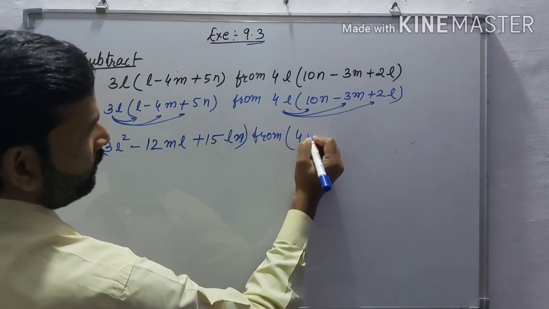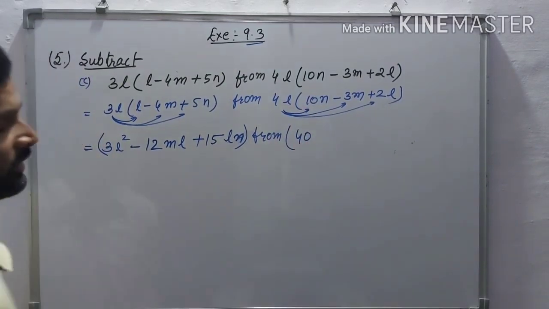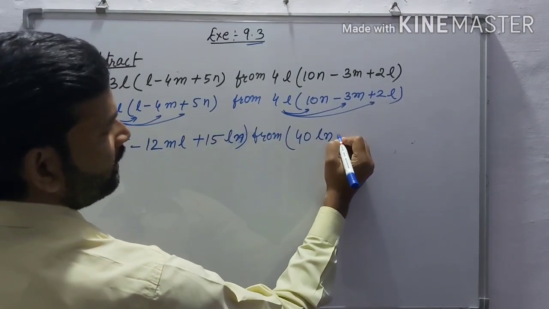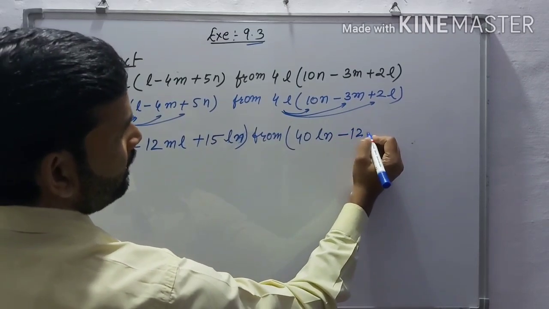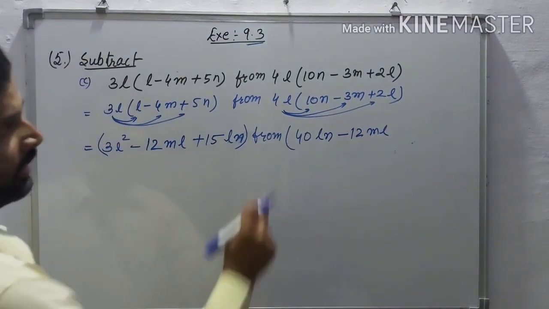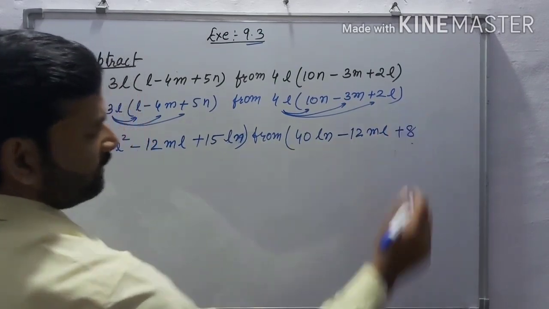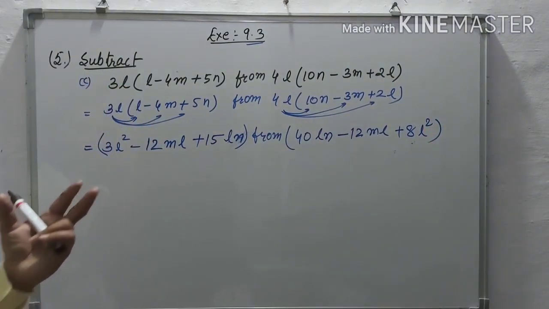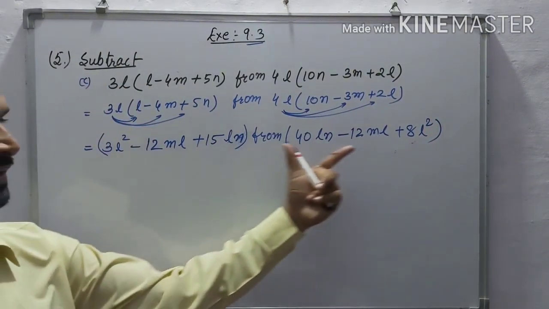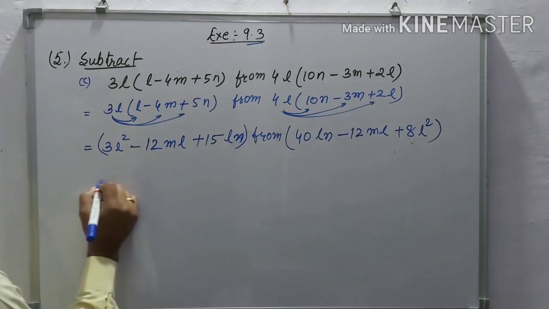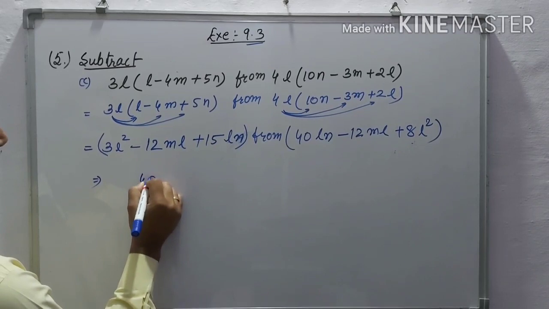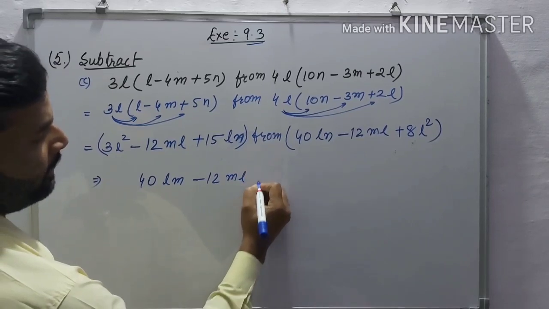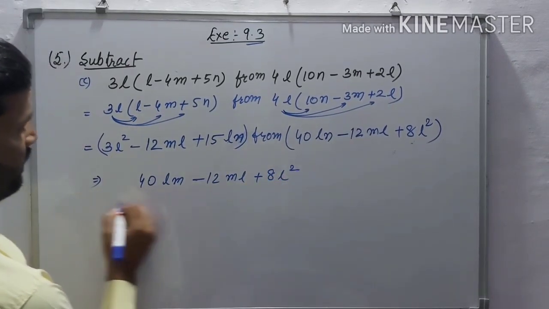From the second bracket, multiply: 4 into 10 is equal to 40 ln, minus 4 times 3 is 12 ml, and 4 times 2 is 8 l square. OK, here is the first expression, then the second expression. You write the column method and the answer is 40 ln minus 12 ml plus 8 l square, subtract